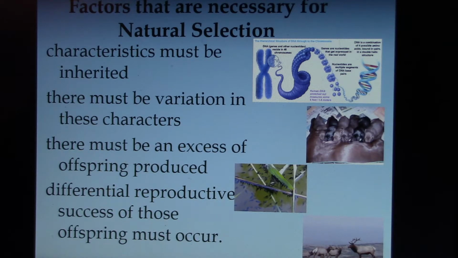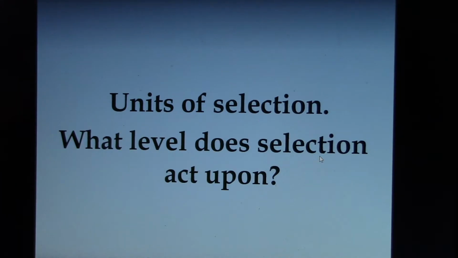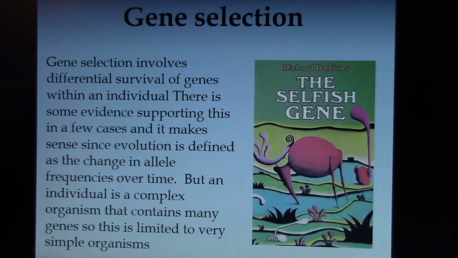Okay, so that's the factors that are necessary for natural selection. Then the units of selection. And without giving you any background, I asked you what was the most likely unit of selection. And it was interesting to see what many of you wrote. Now you hopefully know that it's the individual, or you will. Well, and I wrote it down when I graded those weekly assignments. Okay, so we have 4 possibilities: gene, individual, kin, as in K-I-N, relatives, and group selection.